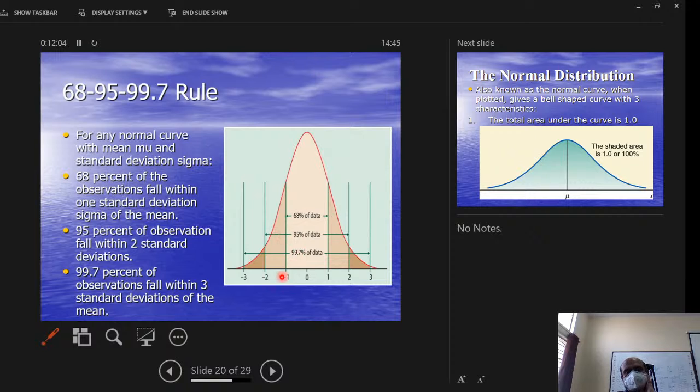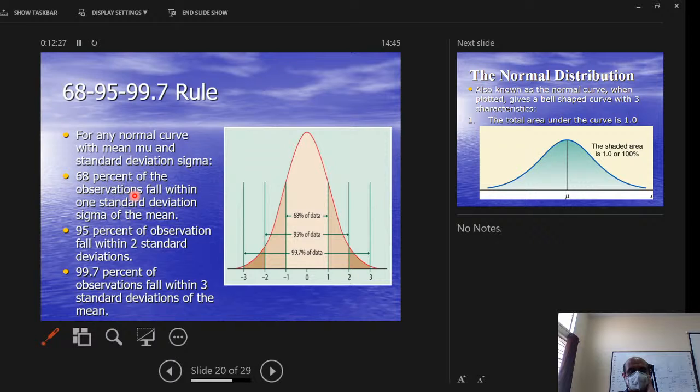So there is plus and minus one standard deviation, plus and minus two standard deviations, plus and minus three standard deviations. For any normal curve with the mean and a standard deviation sigma,